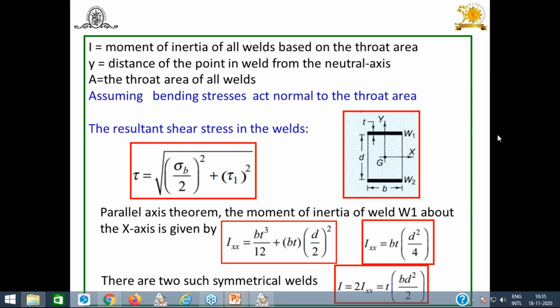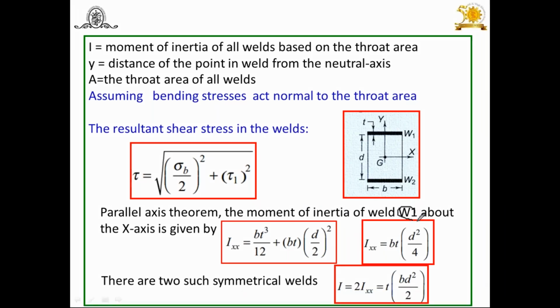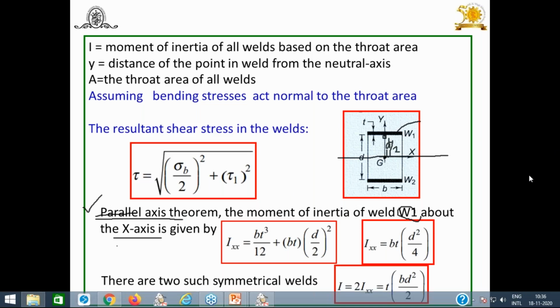So we have to find out now here the moment of inertia of weld 1. Now let us see case 1 about the x-axis. Now this is the x-axis, this is weld 1. So what you would get again here, this is the CG, you will get the CG1 here. Yesterday I told you here you will get the CG2, and it is at some distance, that is D by 2, total is D, you will get here D by 2. Now to find out this, you have to use the parallel axis theorem.